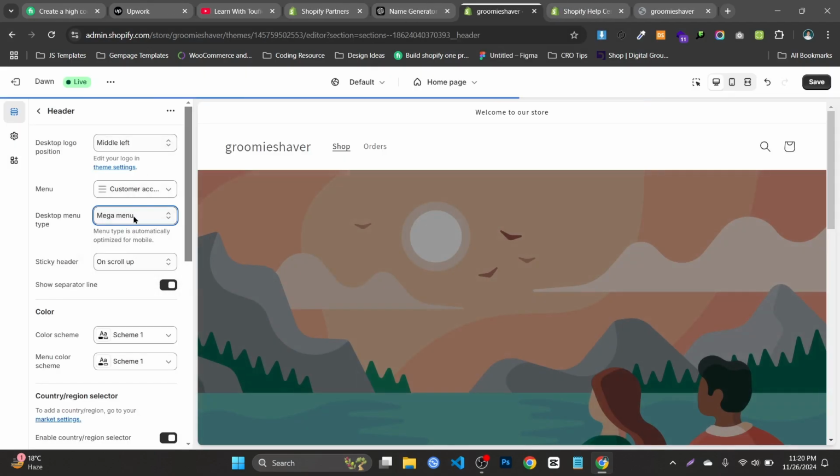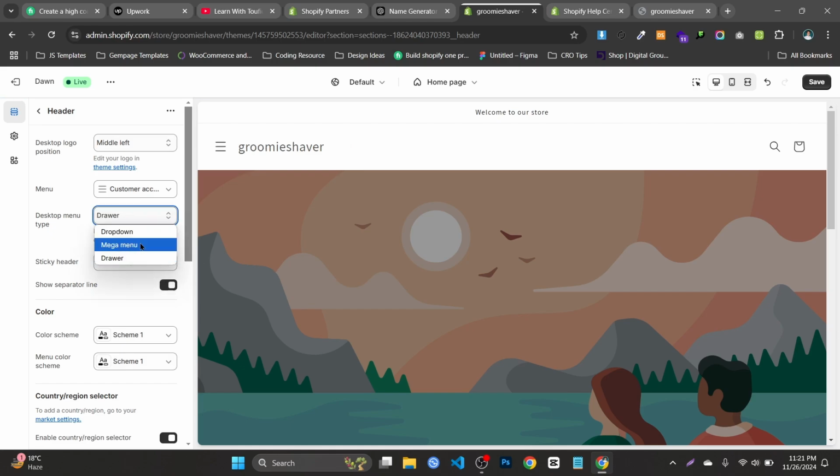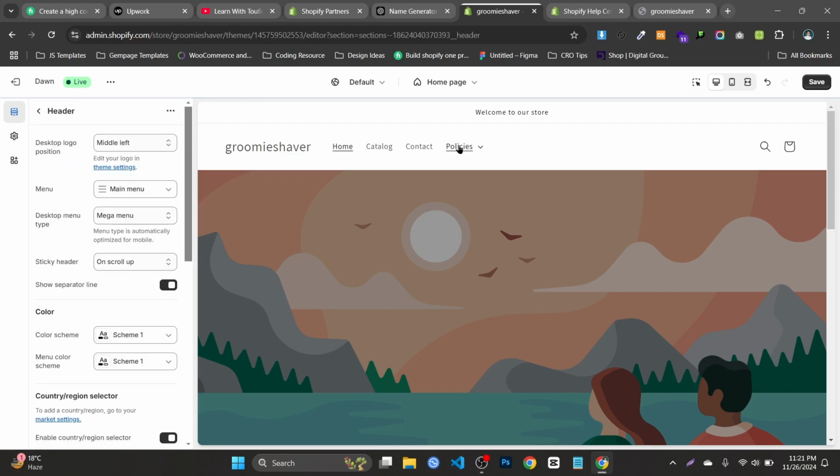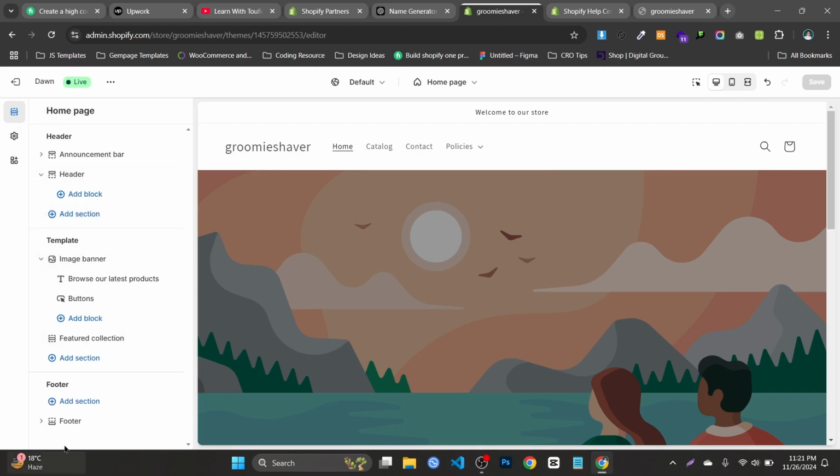We can show a mega menu from here, drawer. But I am showing a mega menu. So let's place it to main. Okay, look, if I click this to drop down, it will show the drop down. Okay, perfect. Now let's go to the footer, click this arrow,